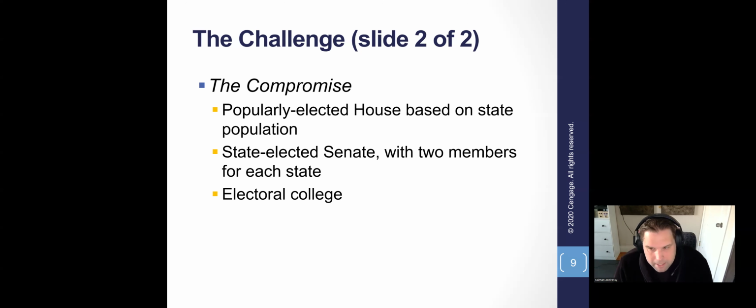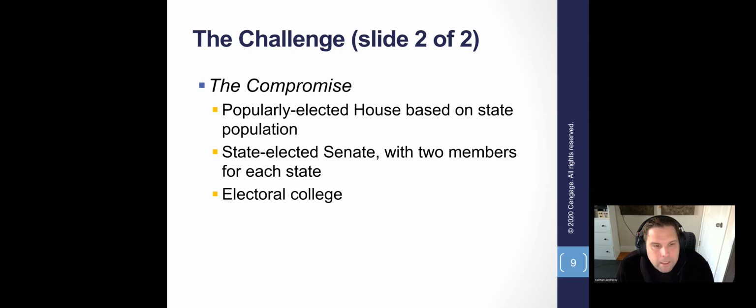But then the smaller states, like Rhode Island, for example, which didn't necessarily have any delegates to send, or some of the southern states that didn't necessarily have the population but were kind of the breadbasket of the United States at the time, they wanted to make sure that those states that had big populations didn't just dictate the laws that affected their states as well, right? So they're the ones that insisted that you have this state elected Senate, so that essentially there were 2 houses of the legislature existing in what we call a bicameral legislature, which is the basis of, again, what we call the